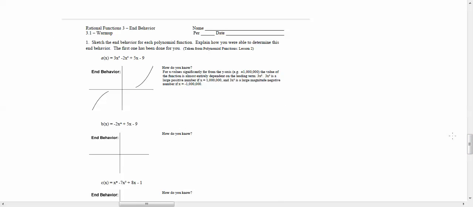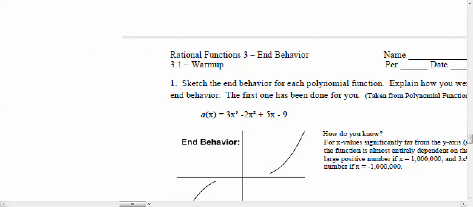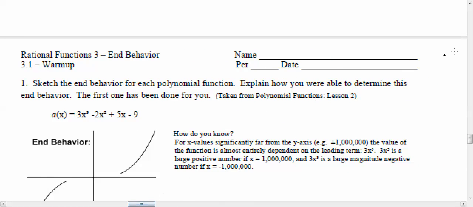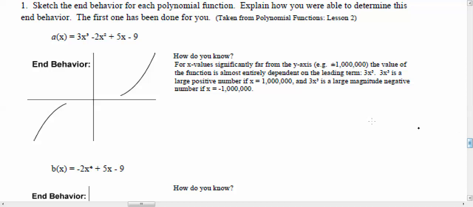And what I want to justify to you is that when we're looking at the end behavior of these functions over here, and you know what, I don't know if you can see that, so I'm just going to zoom in a little bit. There we go. I know that's a little too close, but it's all right. All right, really, when we're looking at this 3x cubed minus 2x squared plus 5x minus 9,